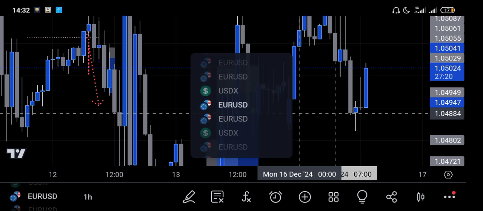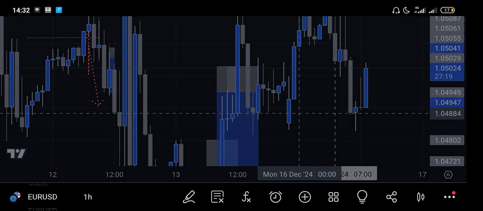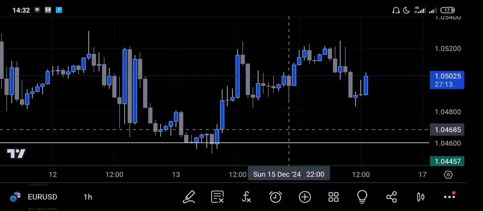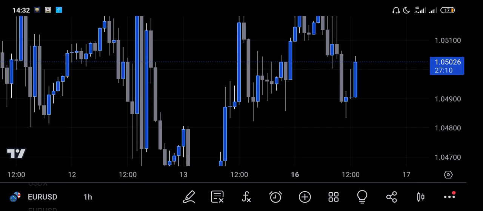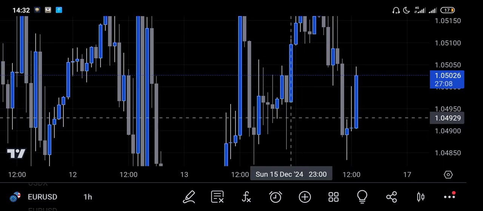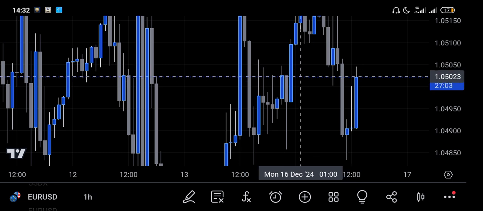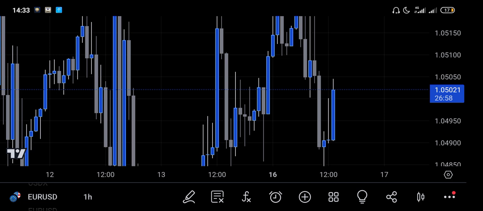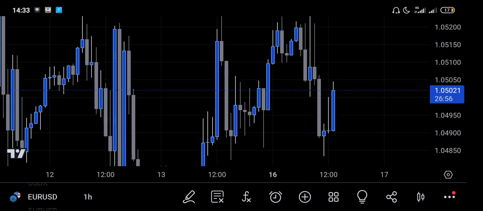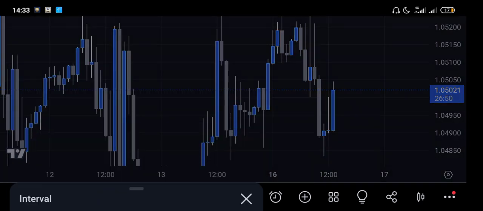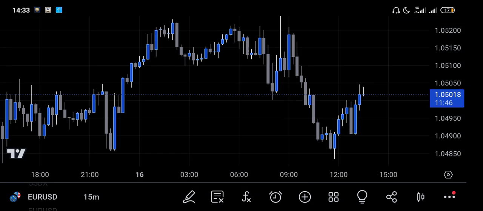But if you go to a different Euro USD pair, you'll be seeing a bearish candle there. You can see the time, 10 p.m. London time. So this would have been a beautiful order block entry if I wanted to enter. But because of this manipulation, I totally stayed away from the market, which was a really good decision on my part. But let's go to a 15 minutes time frame, and you see something beautiful that happened here,